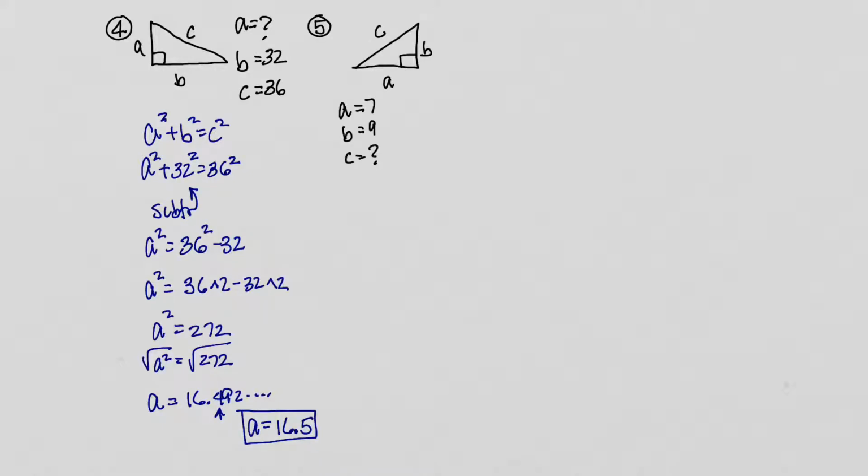So here in problem number 5, we are given A, we're given B, and we want to find C. So let's write our formula. A squared plus b squared equals c squared. Substituting in, we'll get 7 squared plus 9 squared equals c squared. That's 49 plus 81 equals c squared. 130 is equal to c squared, and if we take square roots,